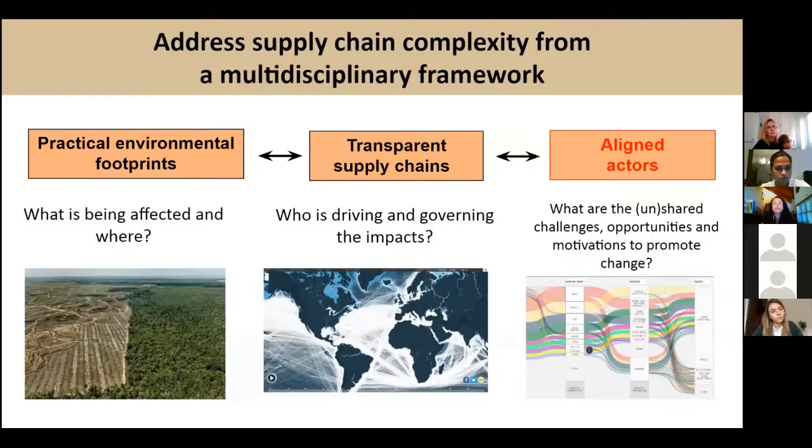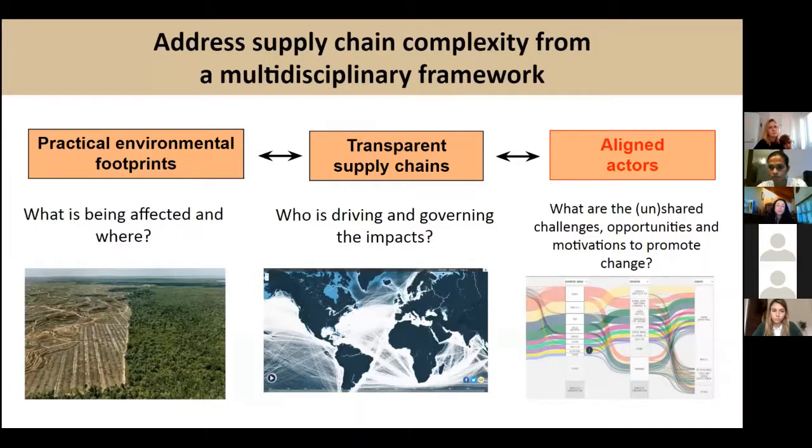So in order to develop this practical information, we realized within the research project that we required a multidisciplinary framework. And part of this realization was thanks to the strong engagement that we had with a group of stakeholders, which I'm going to talk about later. But in this engagement, we realized that there were 3 pieces of information that could really provide some key insights on how to address the sustainability of a supply chain network.